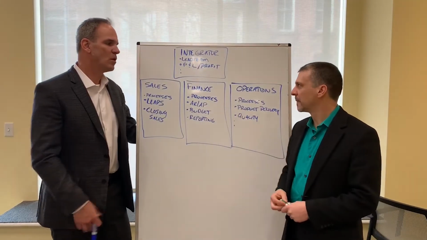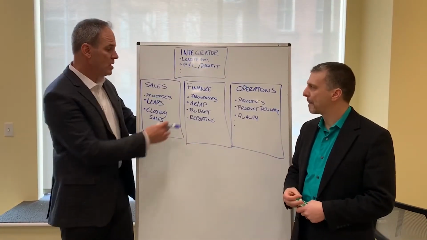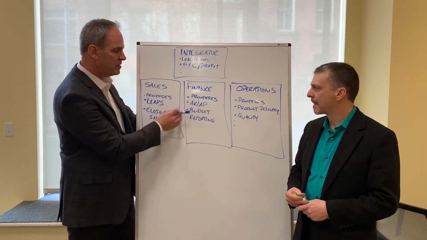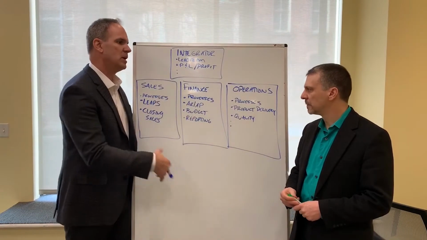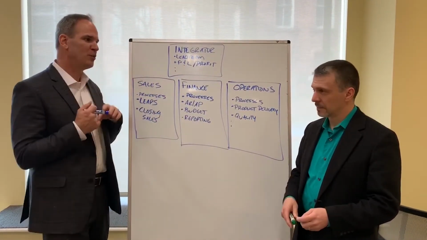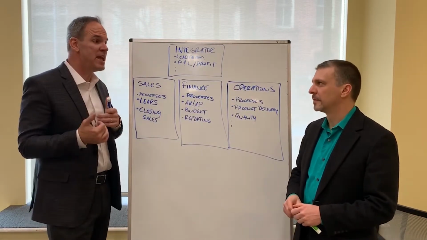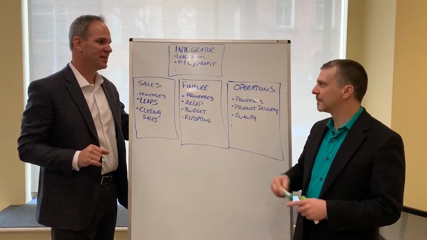Right. So we have these boxes here, and this is the accountability, the roles. The role is finance in this case, and the responsibilities are the bullets. Now, you'll notice what's missing here. If this were an org chart, you would have a name and a title. Well, we're missing the name. We put the names on the side, we built the roles, and now we're going to put the names on the chart.